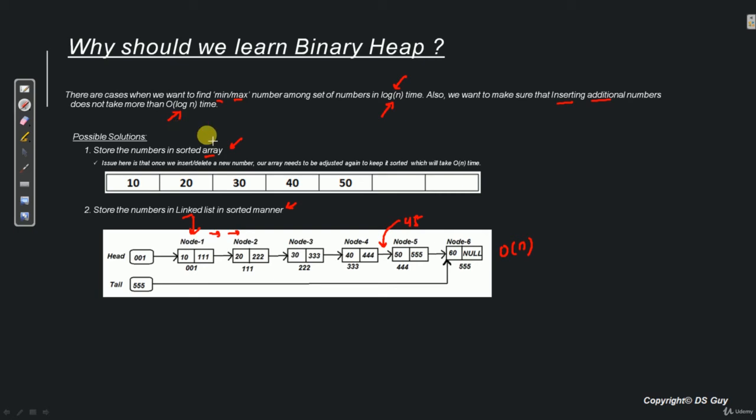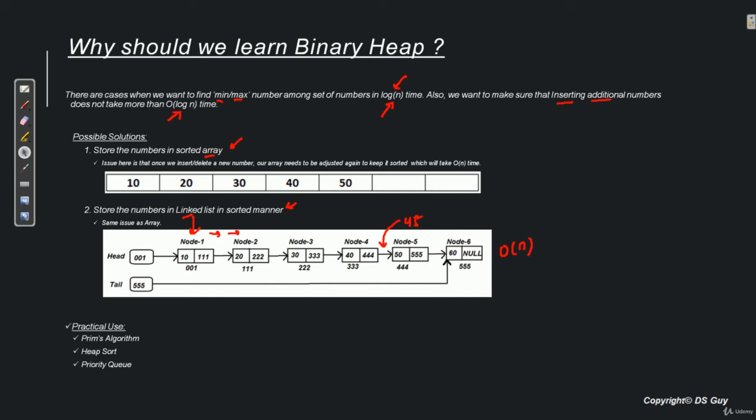Now you might be wondering whether there is any real world application where we need to use a binary heap or where this kind of problem might arise? Yes, there are. A few of them are Prim's algorithm, which we are going to see when we learn graph.